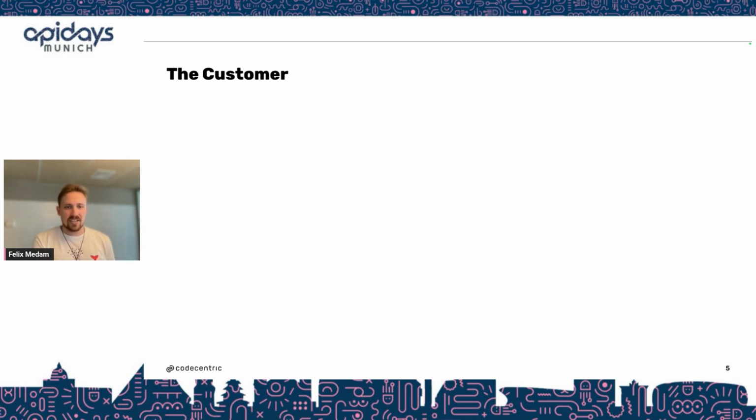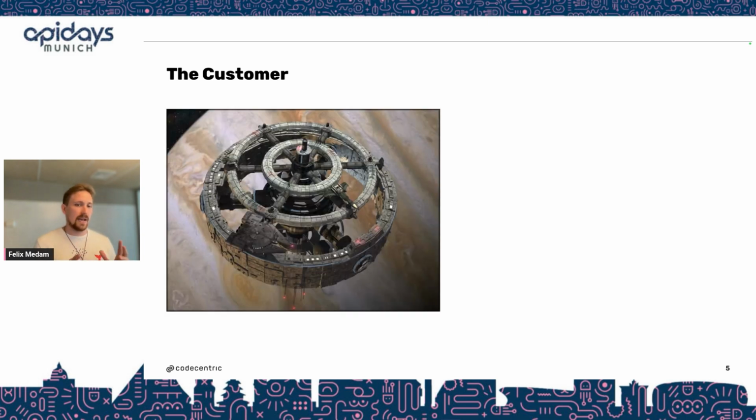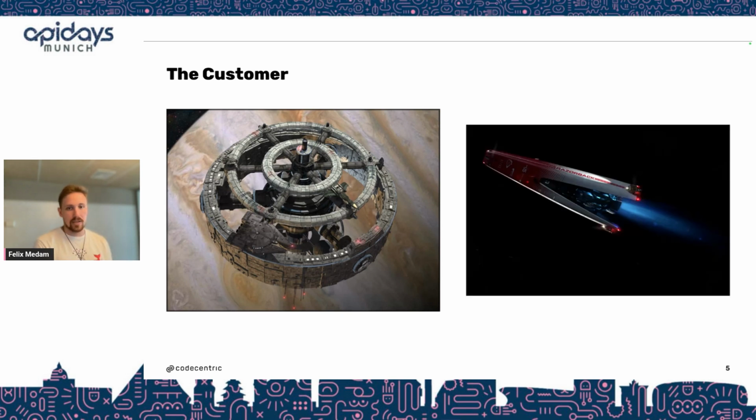But let's pretend the customer in this case is this lovely spaceship yard called Tycho. And Tycho is producing spaceships like this environmentally friendly solar system cruiser called Razorback for you and me. We can use them to cruise around the solar system and visit the planets we like. The thing with these cruisers is they collect a lot of data, and Tycho has been using this data internally for a while now. At some point,